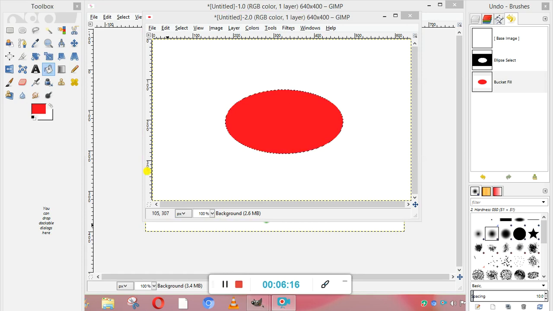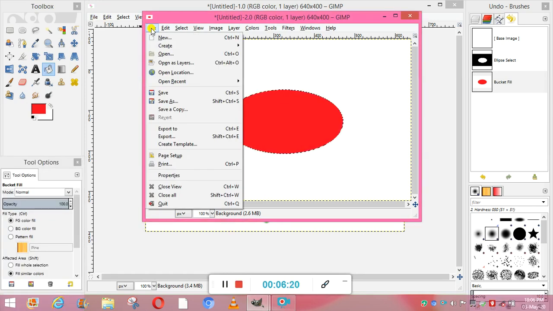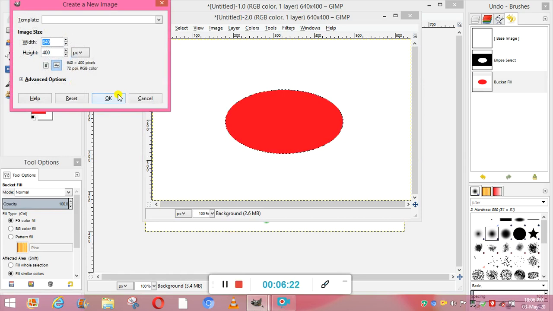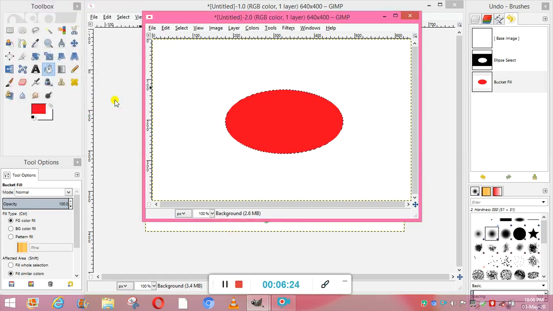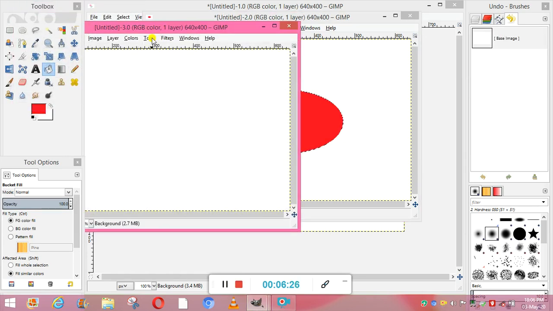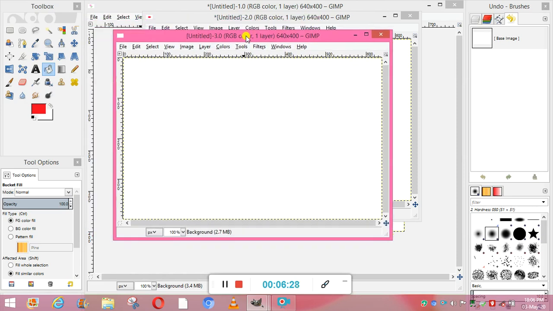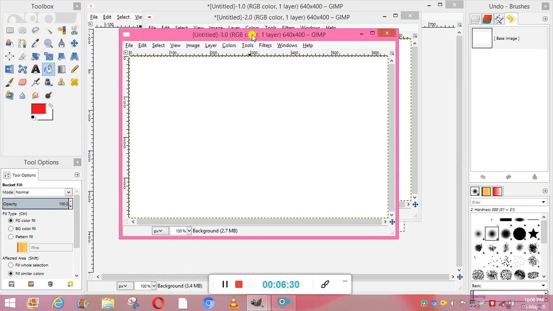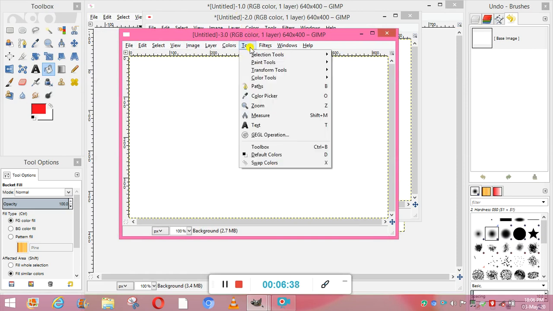So we can also draw a straight line using the pencil tool. Okay, so we have to press and hold the shift key, while we hold the left mouse button and drag the mouse till the straight line of desired length is drawn. For this also we need to just select the pencil.